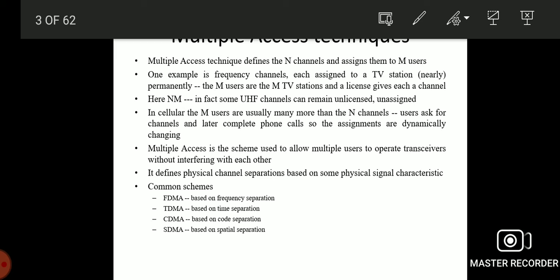So what is the demand basis? In a conventional telephone system, bidirectional communication is possible simultaneously, and it is also essential for cellular communication. So the simultaneous talk and listen facility is known as duplexing. Under this FDMA technique, frequency division duplexing is using the frequency, and hence it is called frequency division duplexing, FDD.